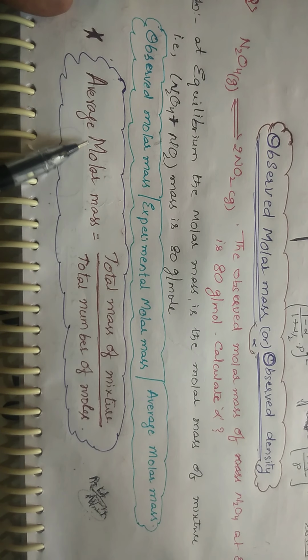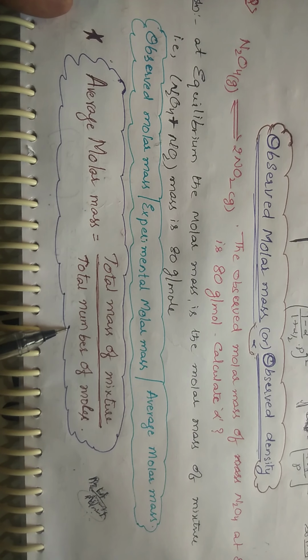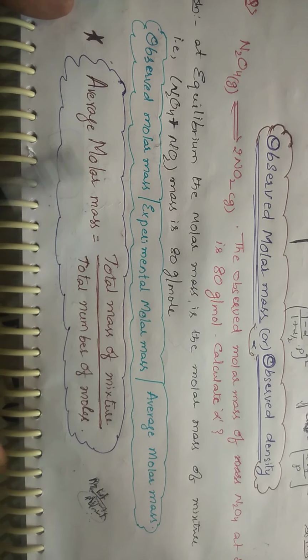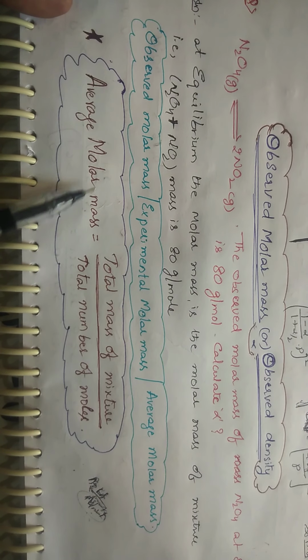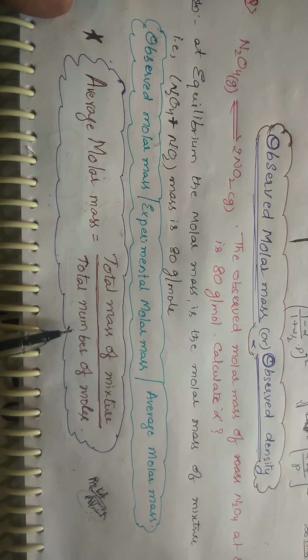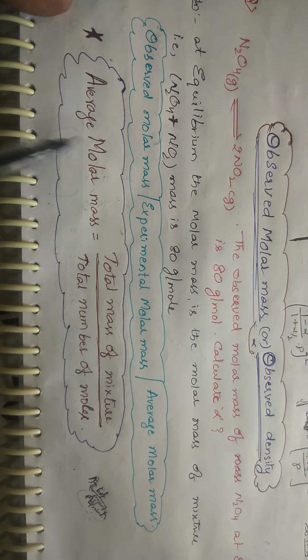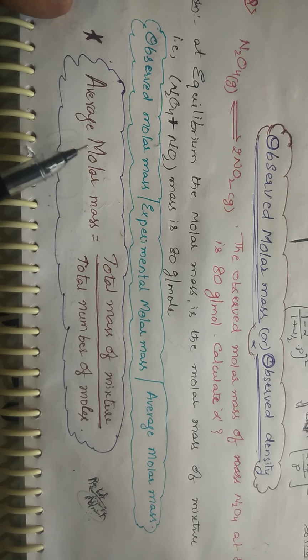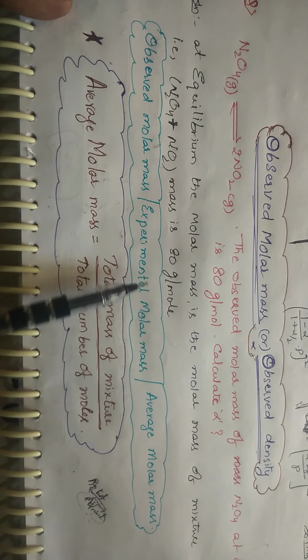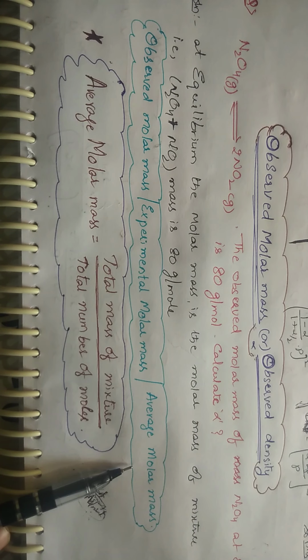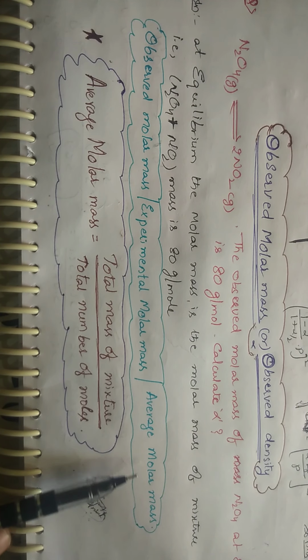if you send this one this side, what happens? Mass by molar mass you will be getting. Instead of that, you are getting average molar mass. Average molar mass he has given as 80. So the average molar mass, if you send this side, what will you be getting this side? You will be getting the total number of moles that are present in this mixture. So it is the same formula you use for moles, and this average molar mass is also called observed molar mass or experimental molar mass or average molar mass. Okay, this is found at the equilibrium.